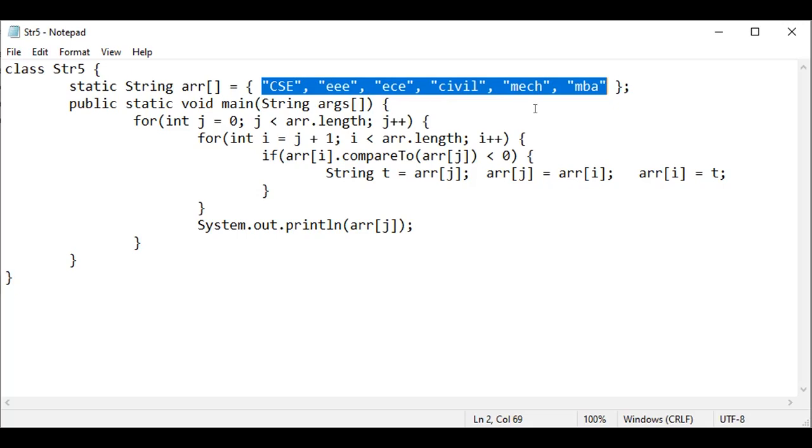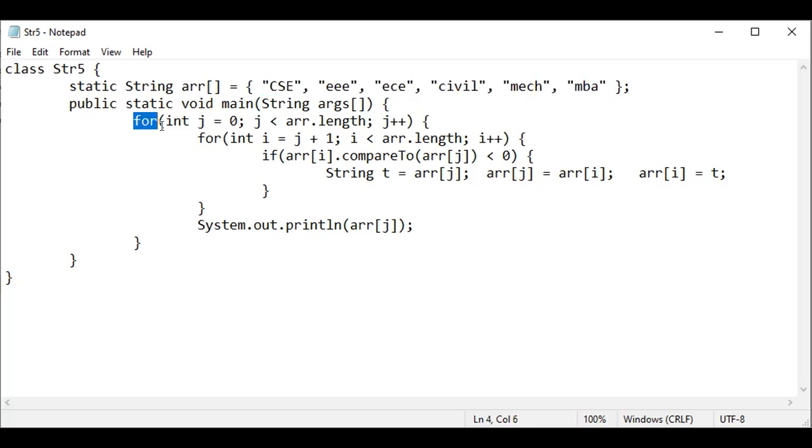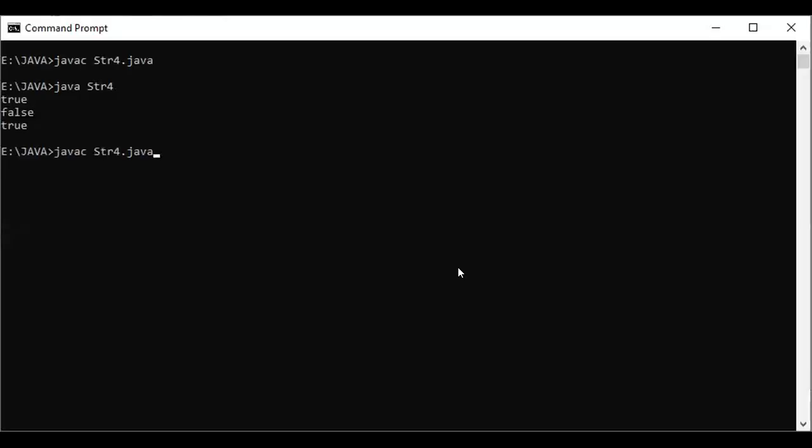That is the order. We use the same logic, display the values, and compile using the command prompt, go to String5, and execute. The uppercase value is placed first: CSC comes first, though actually civil should be there, but the uppercase character comes first, and later civil, ECE, triple IT, MBA, mechanical.